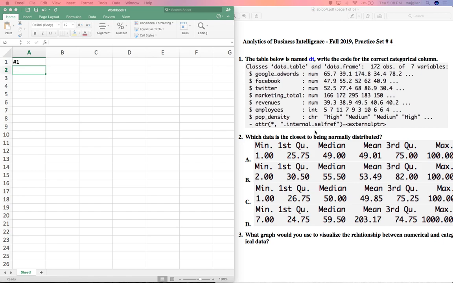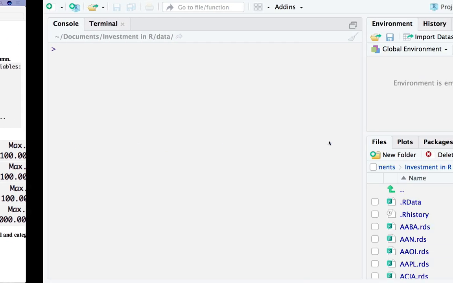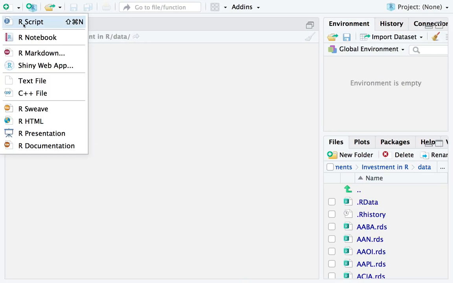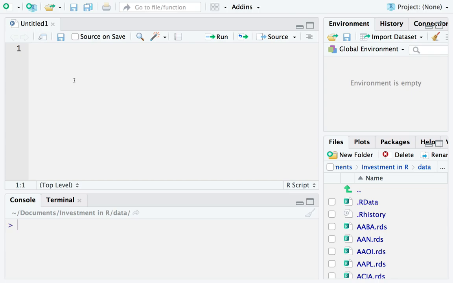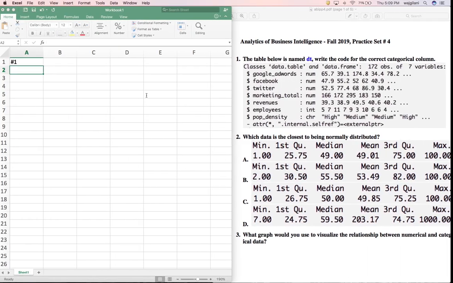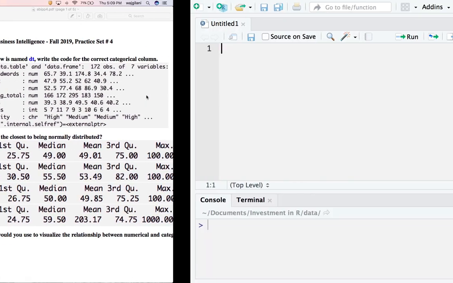So it's going to be ordinal, and now this ordinal, there's going to be an extra level of complexity because it's a character, meaning there's words, and it's ordinal. So when I declare it as ordinal, it's important that I also have the levels in the order that I want it, from least to greatest. So I'm going to type it up in R right here, and then copy and paste it into Excel, just so I don't make any mistakes, because I think sometimes I make coding mistakes when I'm doing it straight in the Excel. So the name of the table is DT,